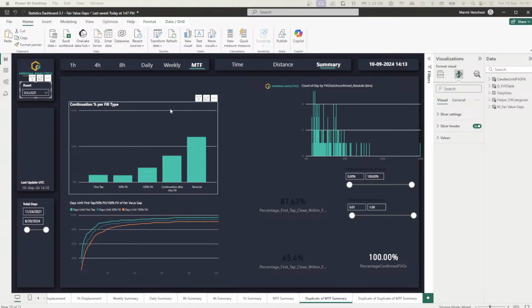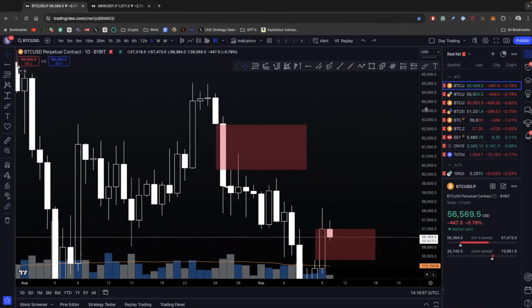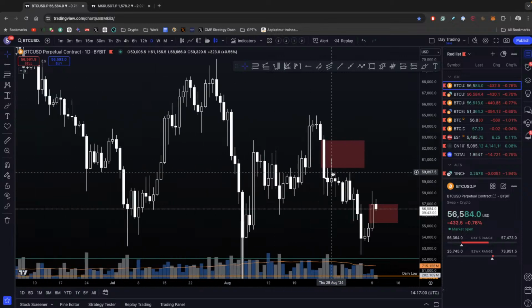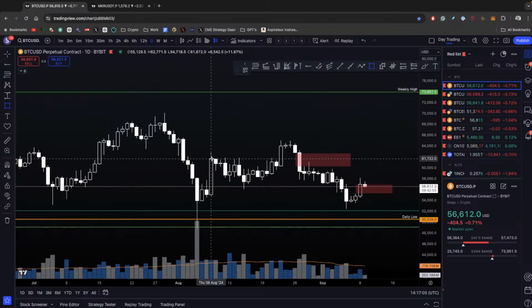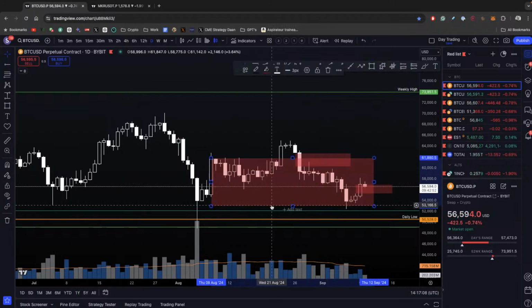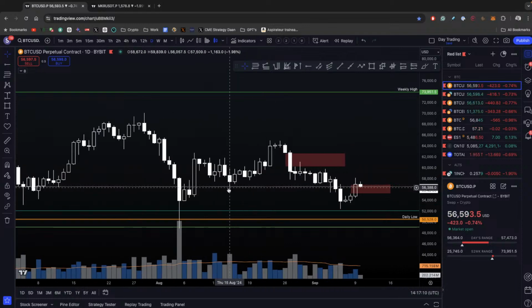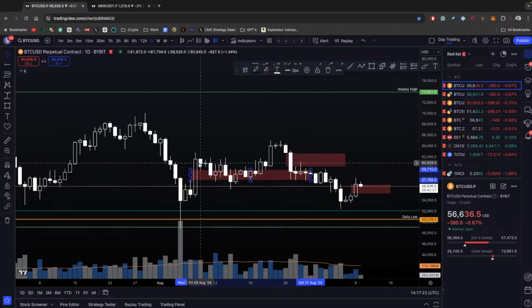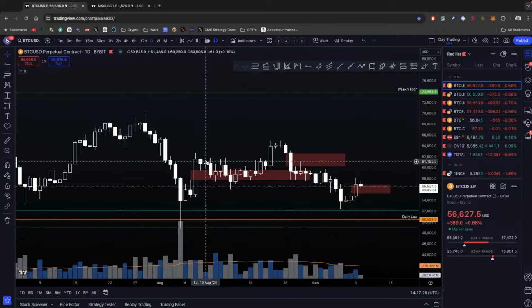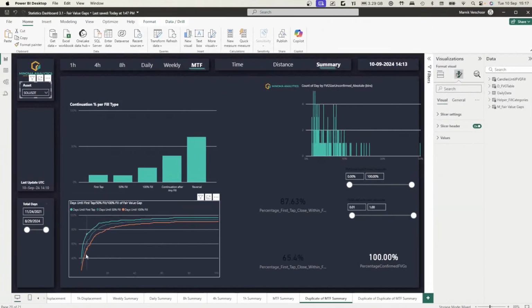This is one of the things I actually wanted to do, because right now we are in this ranging environment, in this range of boredom, right? This is a terrible environment that is not that good for continuation trades. But you can see that fair value gaps are very well respected, right? So here you have a fair value gap, which very often ends up getting filled. And suppose you're at this candle right here, and we just added confirmation. You can see here that within